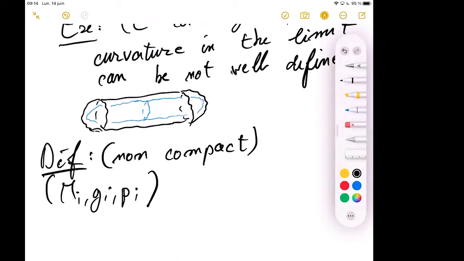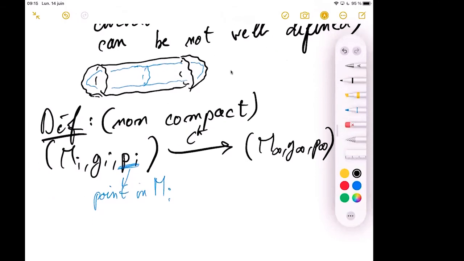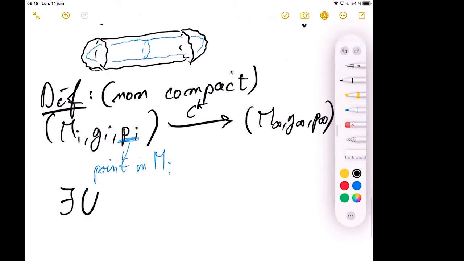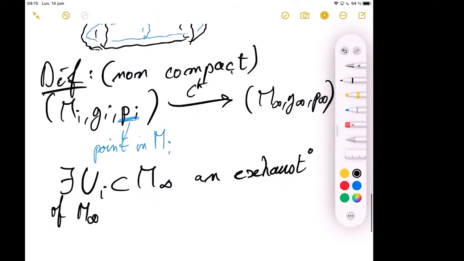I take a pointed Riemannian manifold, so that's a point in Mi, and I say that it converges to some pointed Riemannian manifold in Ck if there exist Ui, open sets in M infinity, which is an exhaustion of M infinity by relatively compact sets, such that